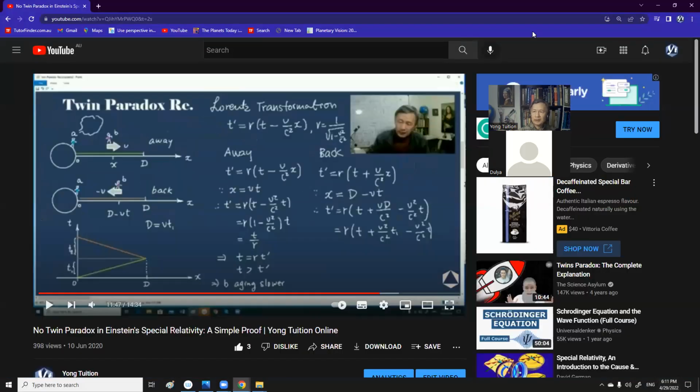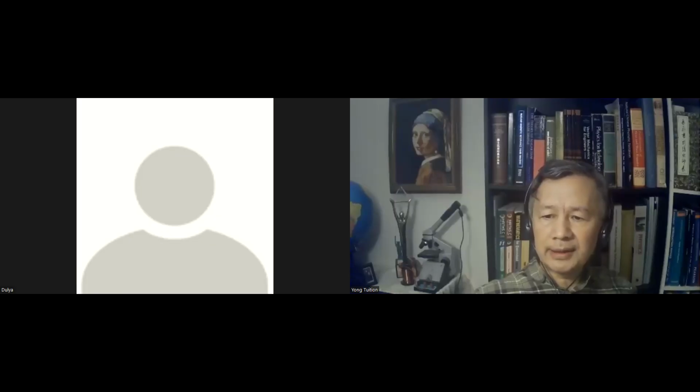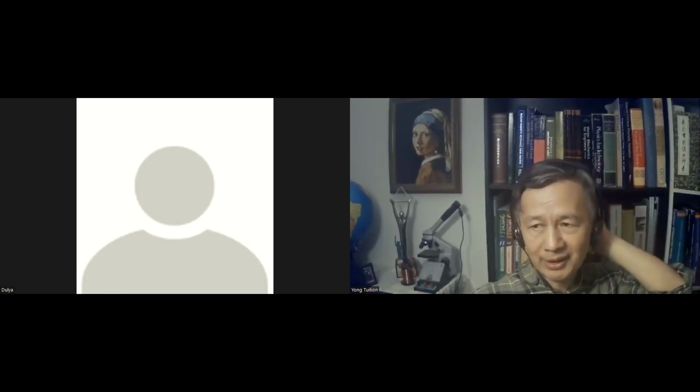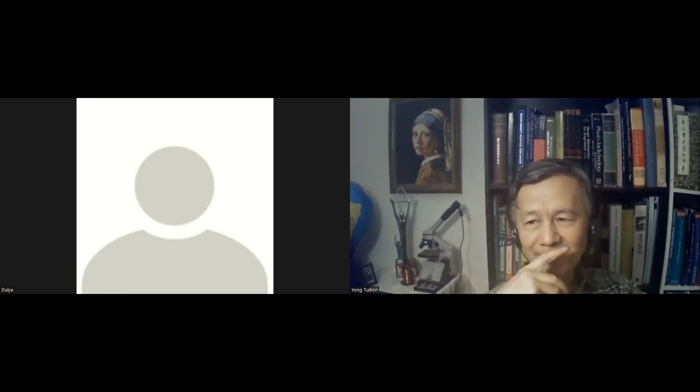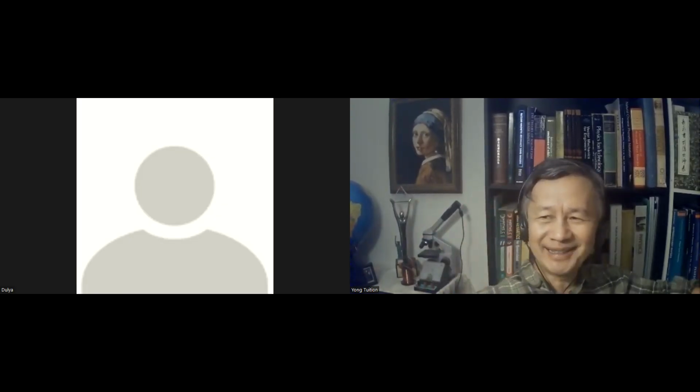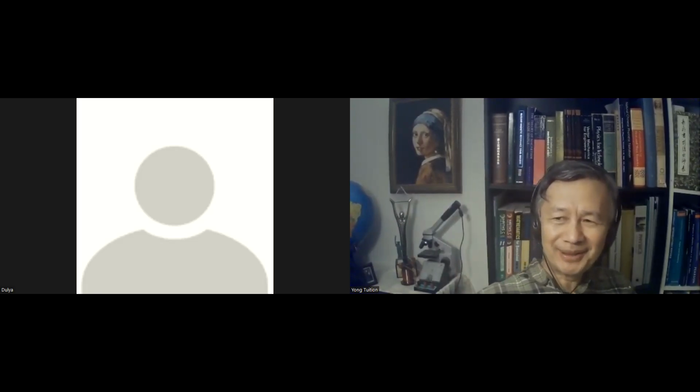Let's return to our discussion. So this is one of the paradoxes. Paradox means that it's controversial or unsolved. It's a kind of hypothesis. This is a thought experiment. You can't put the two brothers separated by many years in that way, at a very high speed, and I think that is the introduction to relativity.